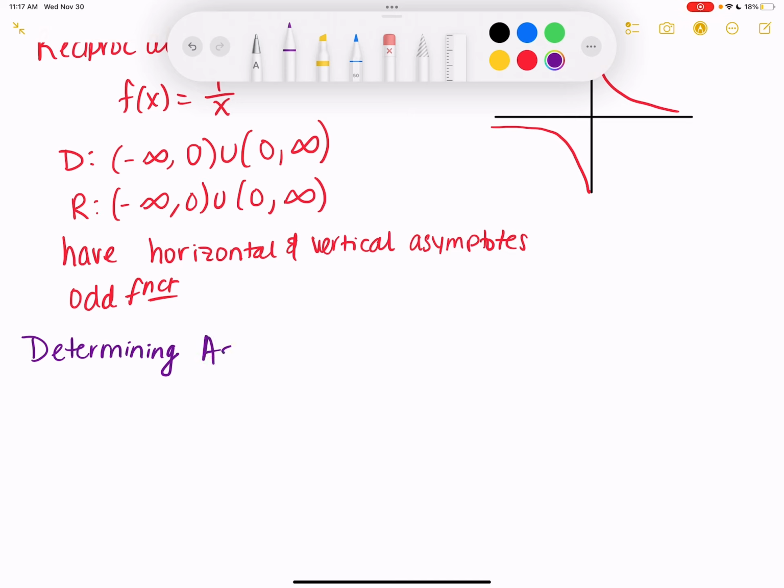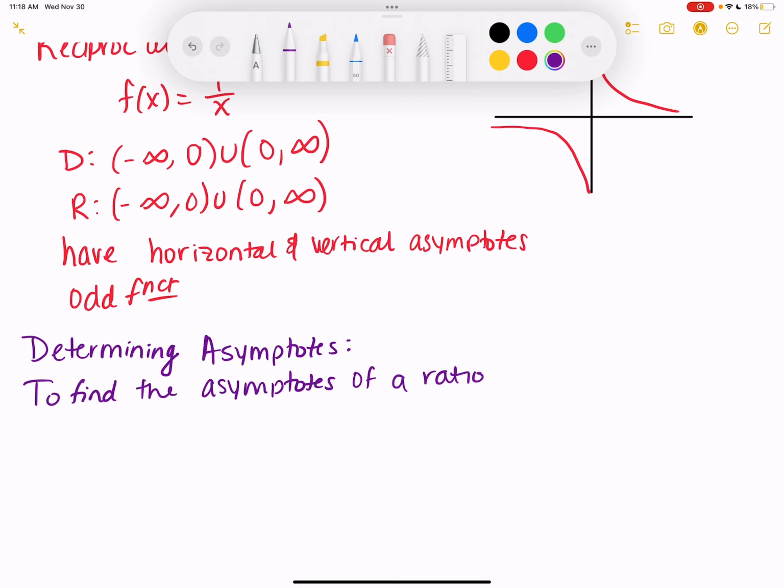Determining asymptotes. To find the asymptotes of a rational function defined by a rational expression,